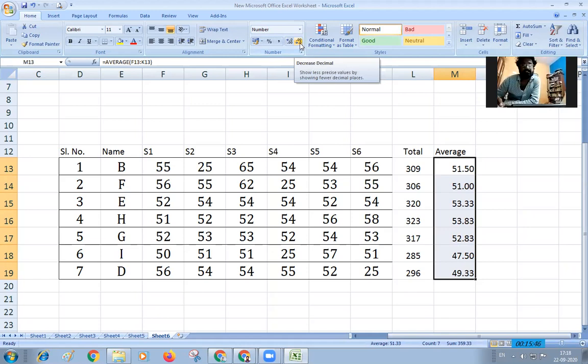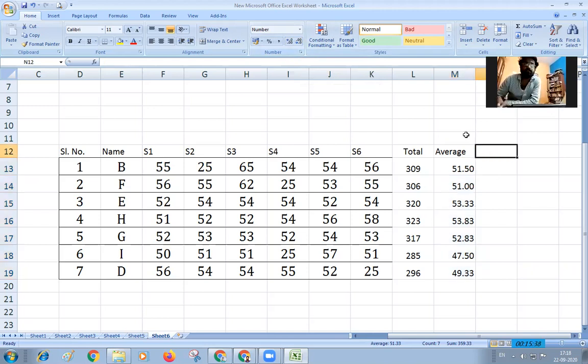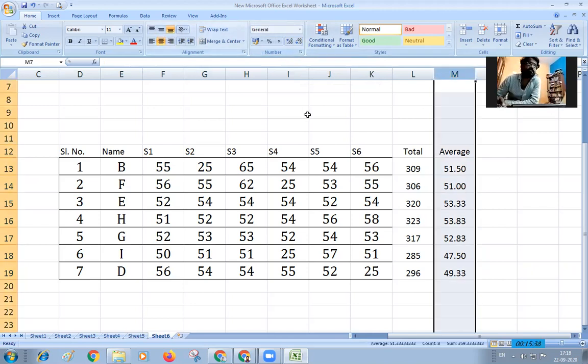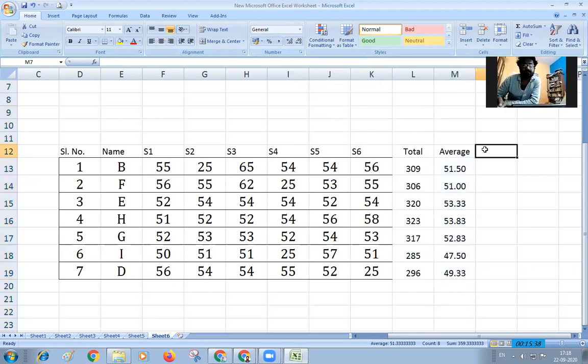If you want to decrease, you can decrease here, and if you want to increase, you can increase here. Then I got the average. I'm also making it justified, center aligned. Then one more thing we need is an option called rank. Rank is a primary category we need. From calculating the rank itself, we will be awarding, not 305 or 309 as criteria. We have to calculate the rank. That is our task for today.